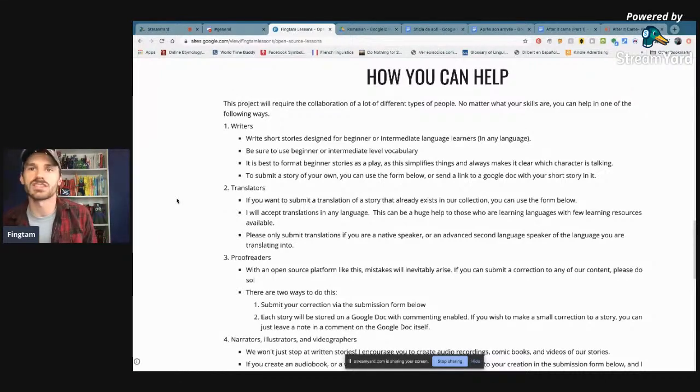Septa says, can we write stories from books? Well, this should be either original stories or translations of stories that are already free and in the public domain, designed for beginners, which if you find something like that, then great. We can translate that and we can share that. But the reason I wanted to create this project